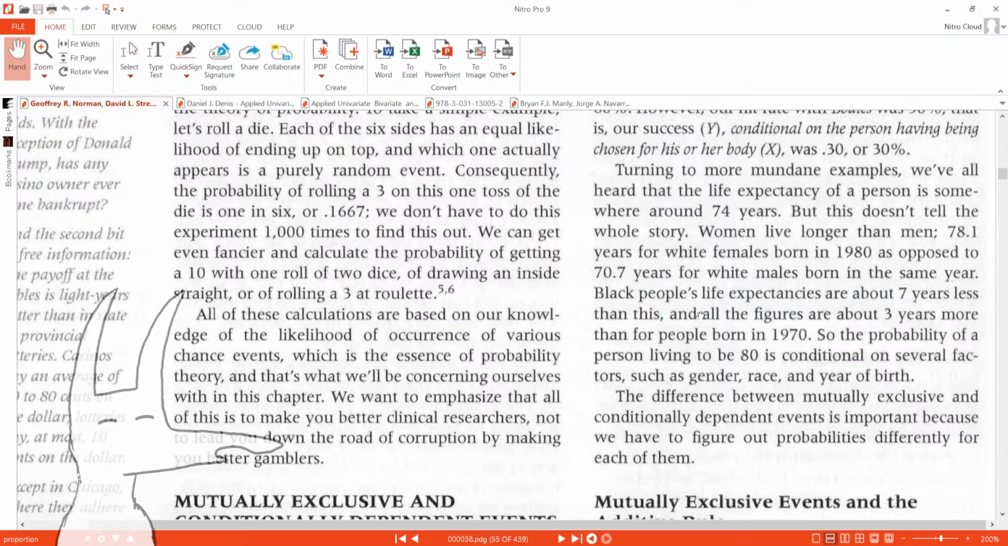And all the figures are about 3 years more than for people born in 1970. The probability of a person living to be 80 is conditional on several factors such as gender, race, and year of birth. 3 years more the earlier you were born is